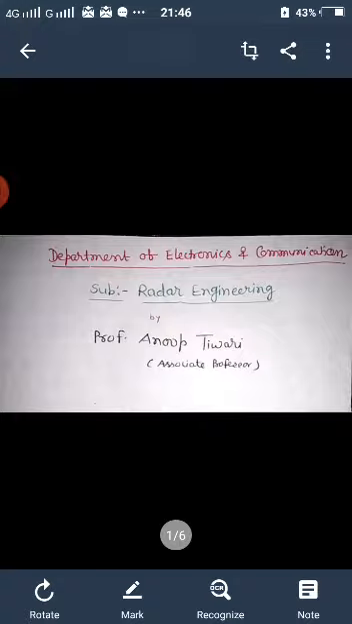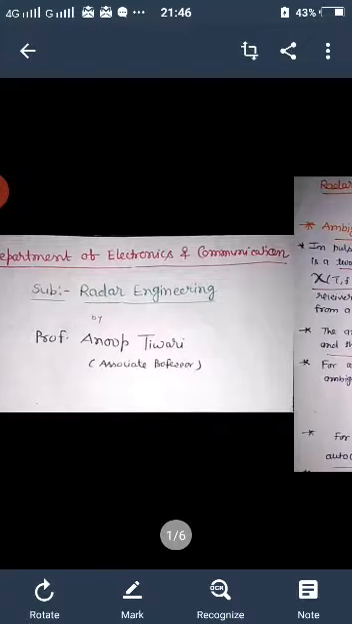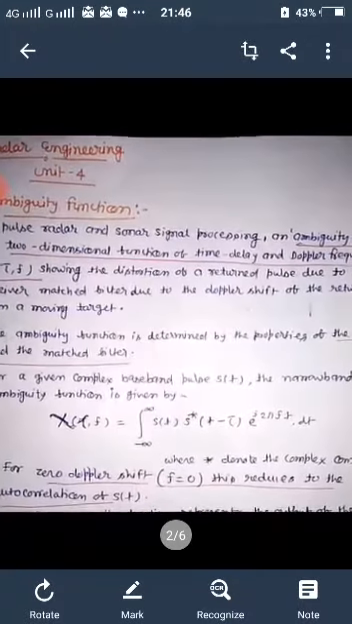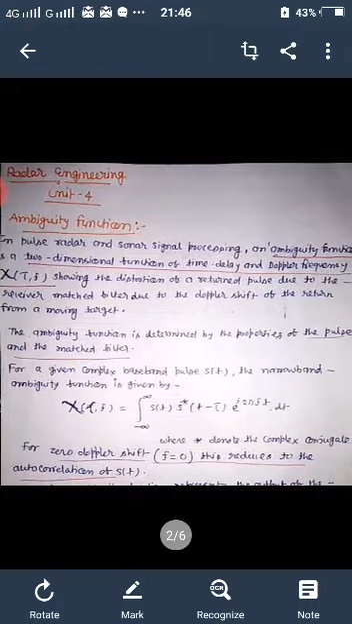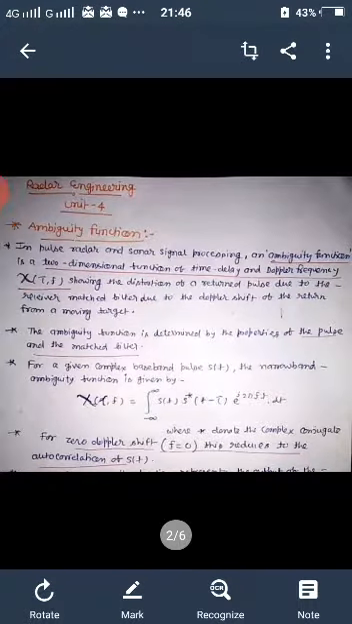Now the subject is radar engineering, and the topic is ambiguity functions. So let us start. The ambiguity function is used in pulse radar and sonar signal processing. An ambiguity function is a two-dimensional function of time delay and Doppler frequency. It is denoted by chi,